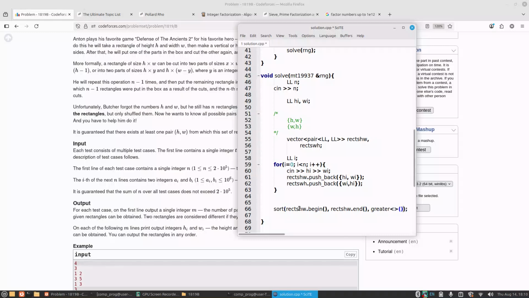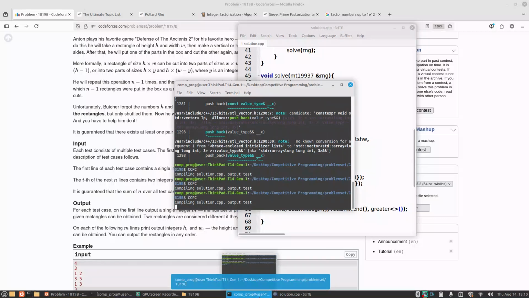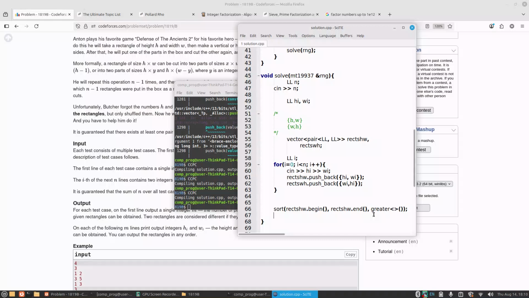That should work, right? I don't know. Yeah, it does work. Oh, I hope this doesn't screw me over, but